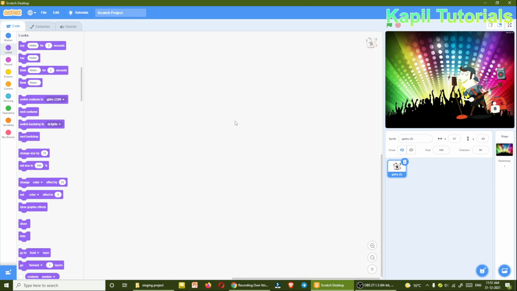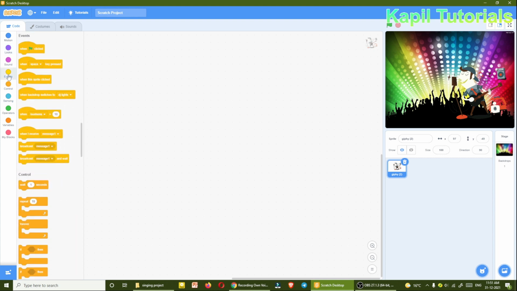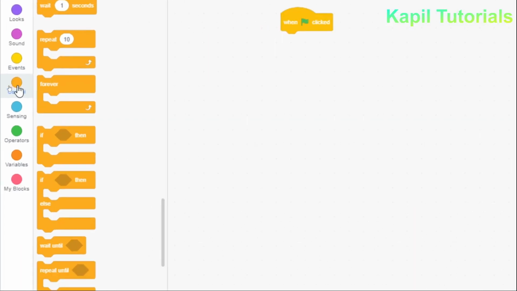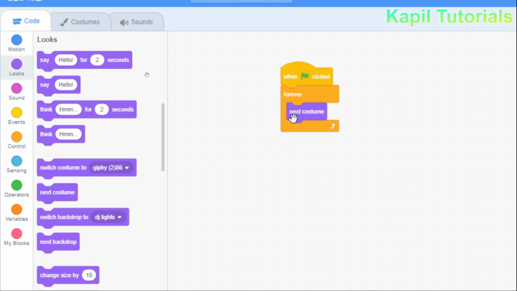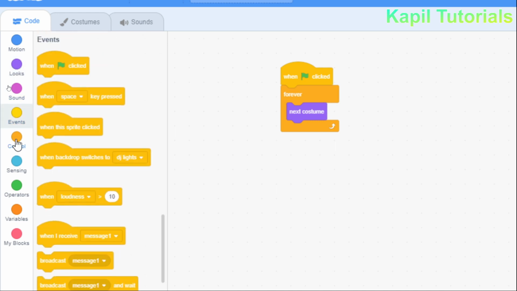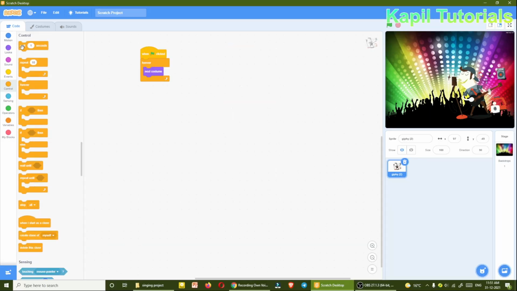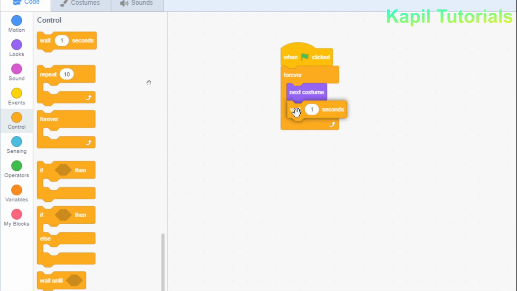and then afterwards I have to do the coding for this. Again events, when clicked, and then under control forever loop, and under forever loop looks, next costume, and I'm using the wait command here. So wait command I'll be using under control block. So I'll just drag it here, and the time which I'll give here 0.01, very less time,